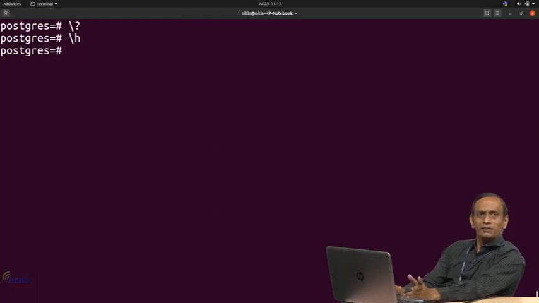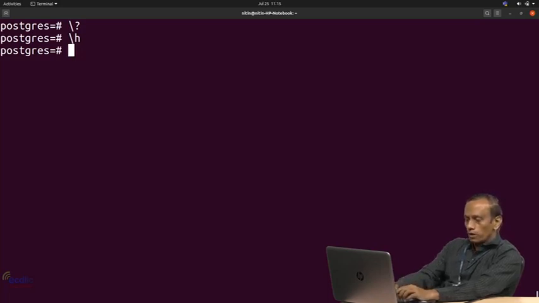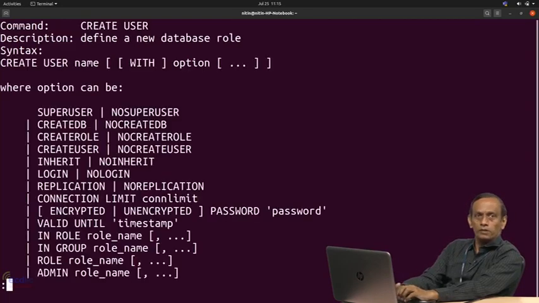At least I can say 70% of these commands would be used by us. So, probably if I have another, more advanced elective for this course in the next semester, that would be software comprehension. In that particular course, we would try to address all of these remaining commands. So, let us first see the help of this command, create user.